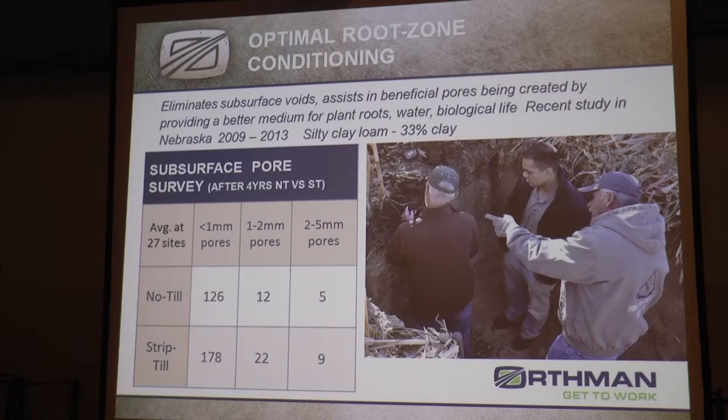One of the things that I like to look at, soil pores. Get a hand lens and look at your skin and look at those soil pores. So the pores that soil scientists look at a lot are 3 different sizes that we can visualize and find: less than 1 millimeter, 1 to 2 millimeter in size, and 2 to 5. The 2 to 5 are the large ones. Usually a vertical type boring earthworm will grow in that kind of a pore size. This is at 27 different sites